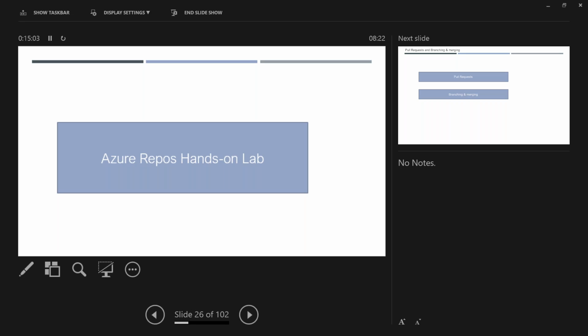Either you create a repo on the server and connect to that repo from your laptop or Visual Studio. The other way is you can directly create a repo from Visual Studio and then make it available on the server. These are multiple options. First, we will go in a very traditional way. We will go to the portal, create a repo, and connect that repo to my Visual Studio.